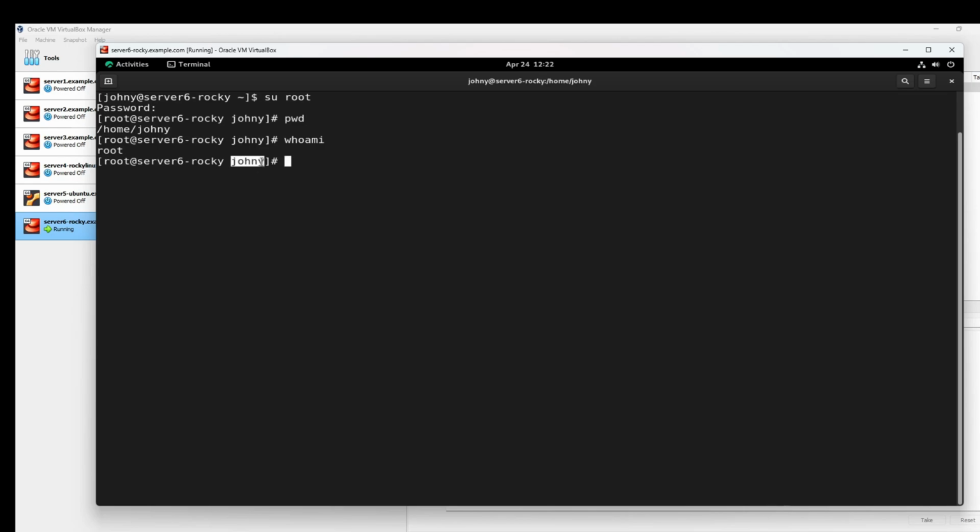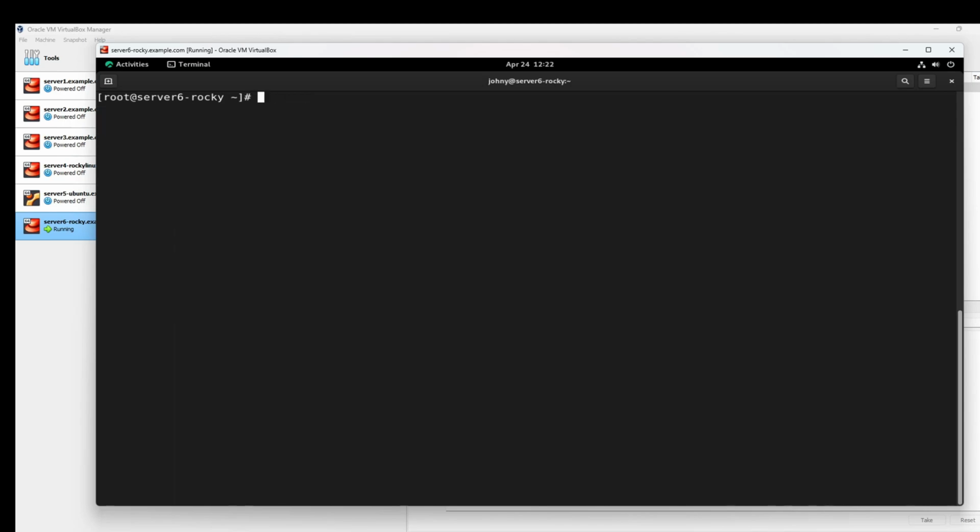So if we want to make Johnny disappear, we can simply type in cd, which will take us to the home directory. The tilde stands for the home directory of the root user. So that's why we still had Johnny here. Now, getting back to our way of updating the Linux operating system, we can just run the command dnf update